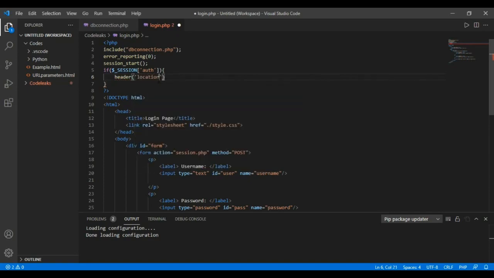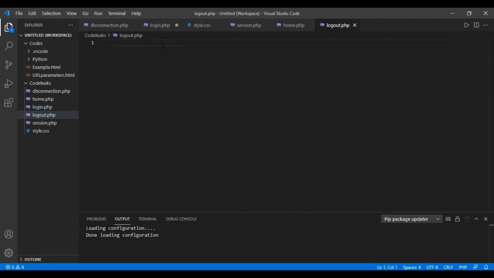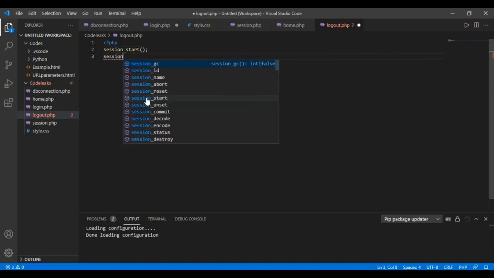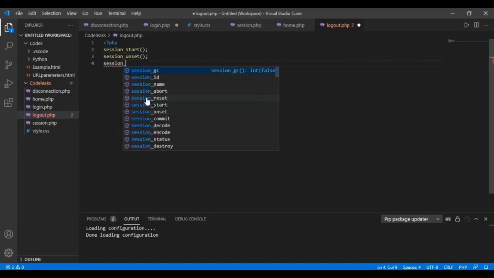So as we have created the home page already, now when we get logged in successfully, we will get there, in the home page. Lastly, we will create a logout.php file. It will have the PHP logout script, which is used when anyone wants to log out from the page, that is the home page, before the session timeout.